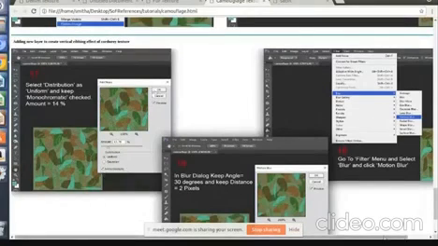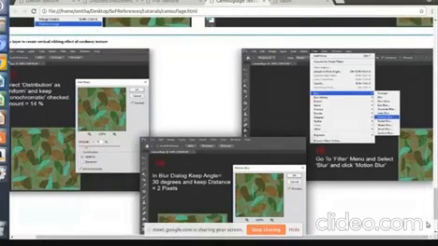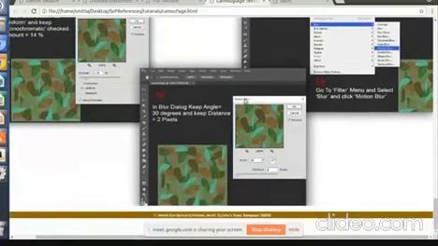Click on OK. After this you have to go to the filter menu, and in blur you have to select motion blur. In the motion blur dialog, angle you can keep at 30 degrees, and distance don't keep it more, otherwise it will become too blurry. Just keep it 2 pixels and click on OK. So your corduroy fabric texture is ready. The pattern and the texture for the corduroy fabric is ready now.